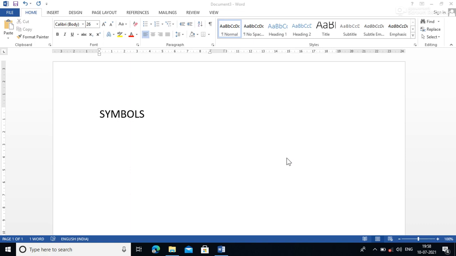Inserting symbols in MS Word document. So what are symbols? Symbols and special characters are not part of the standard character set and therefore will not be found on the keyboard. So if you want to insert symbols and special characters in our MS Word document, we can click on